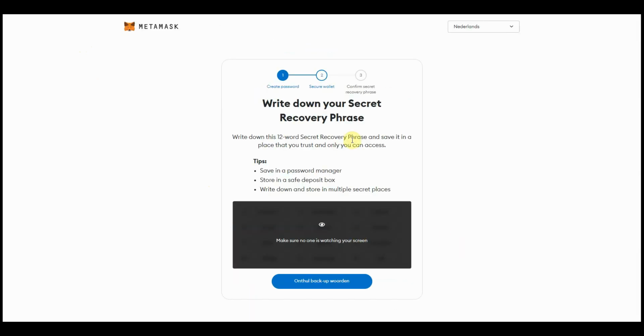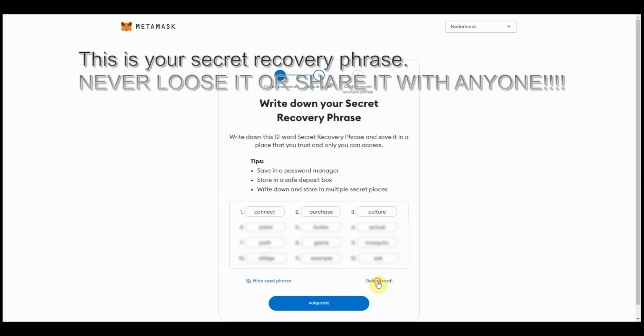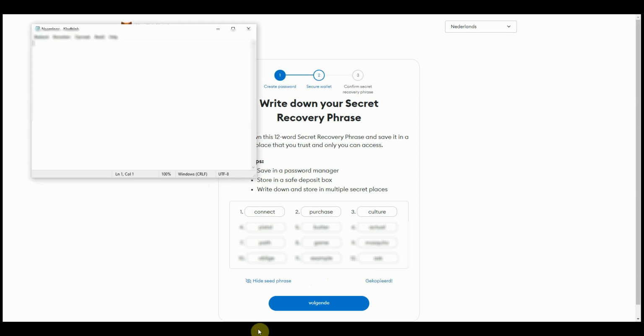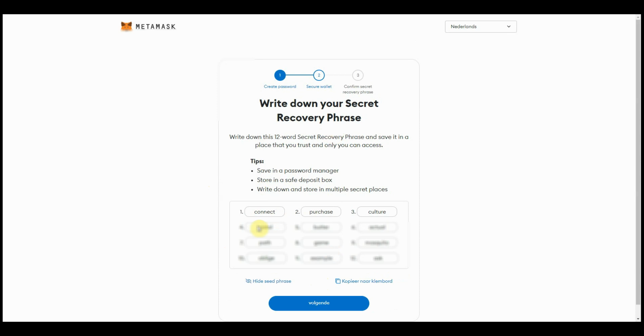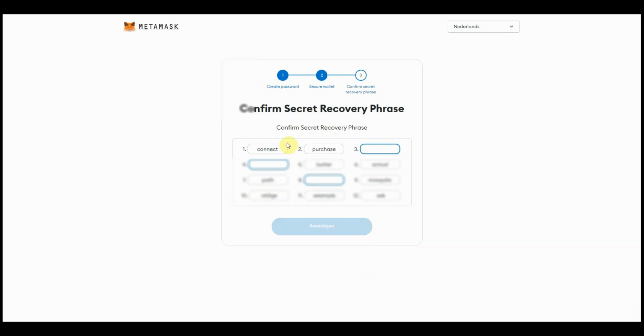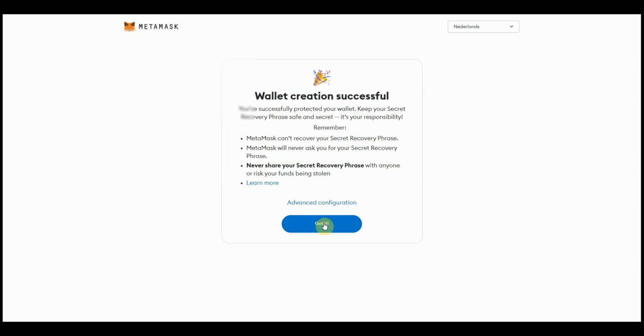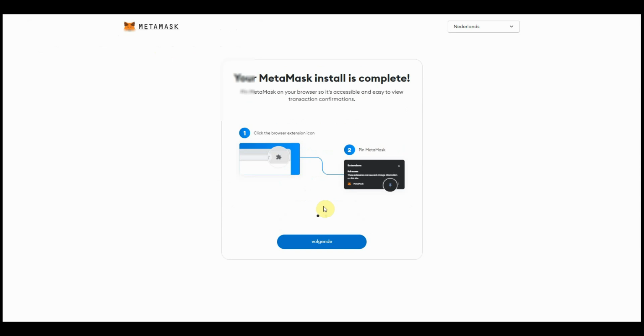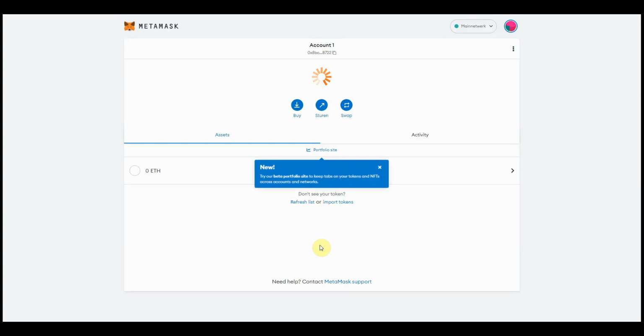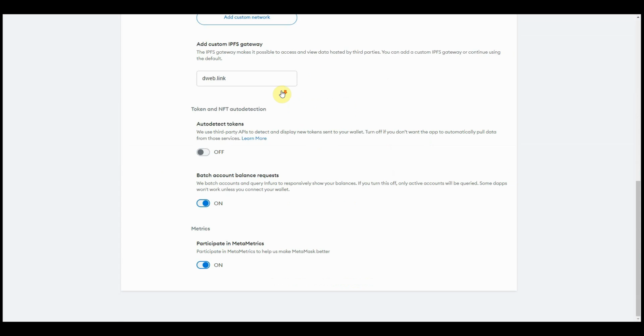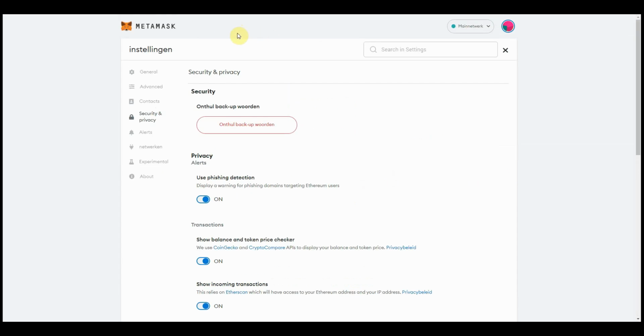Yeah, we can secure the wallet. Copy. There we go. Next one. Third one is culture. Well, MetaMask is installed. Okay, to install the Binance chain,